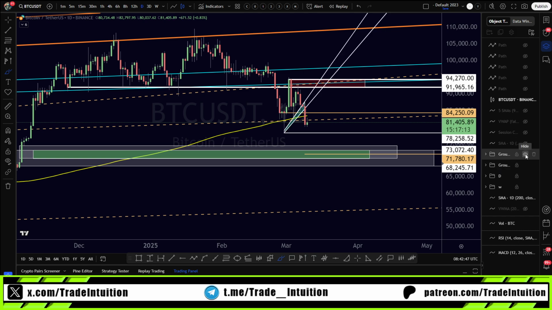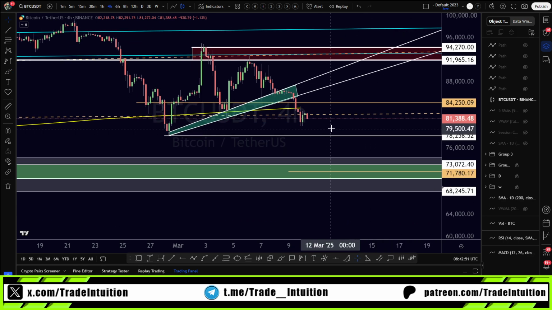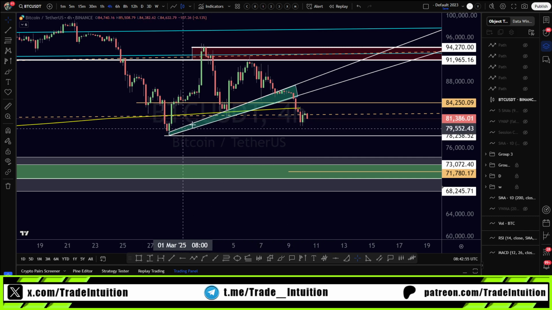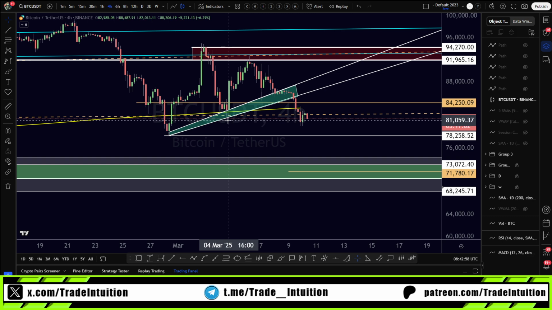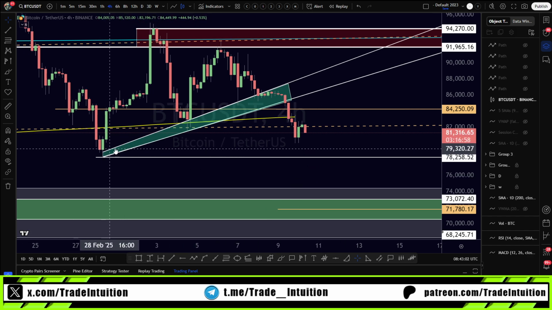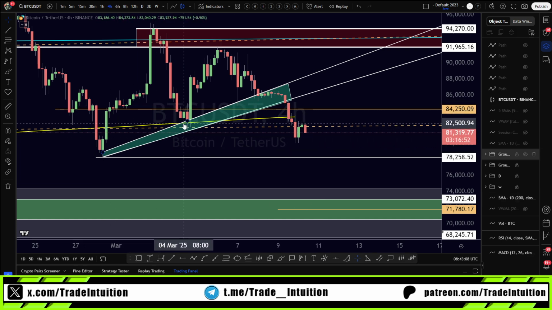With this being said, let's look at some of our other drawings. This is more so for the shorter time frame as far as the 4 hour. Here we have candle bodies, candle wicks to candle wicks, using the ray tool and the magnet tool. That way there's no bias. I can't adjust it to say, oh, well, it looks better here or here. These are the levels. This is where I'm getting it from.